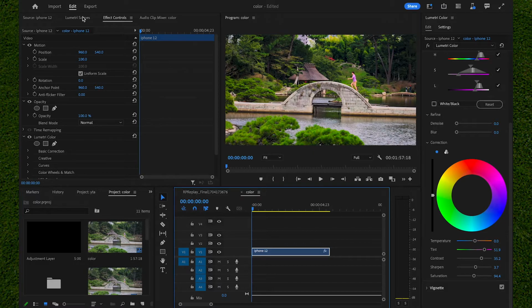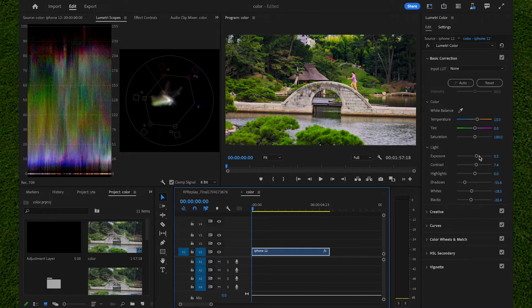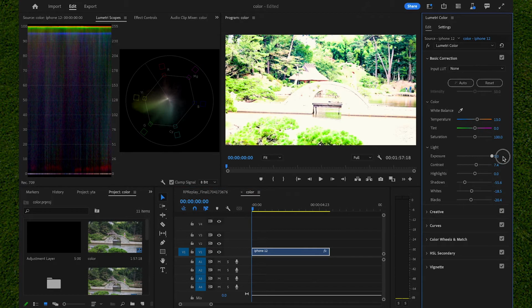But if you want to see how Premiere actually thinks you should color grade this clip, you just click on the clip itself, then you go to Lumetri Color and Effects Controls. And as you can see, we've got this graph right here. Now this graph, you sort of want all the lines right here in the 50 percentile range. Because as you can see, if we go back to basic correction and crank up the exposure all the way,